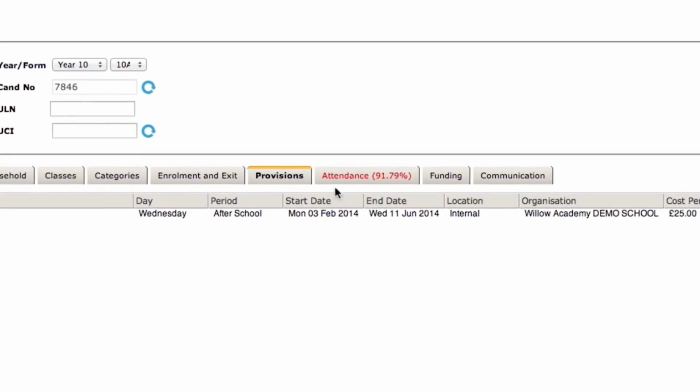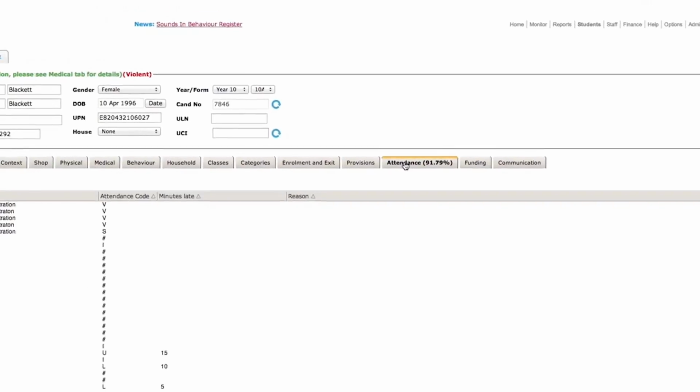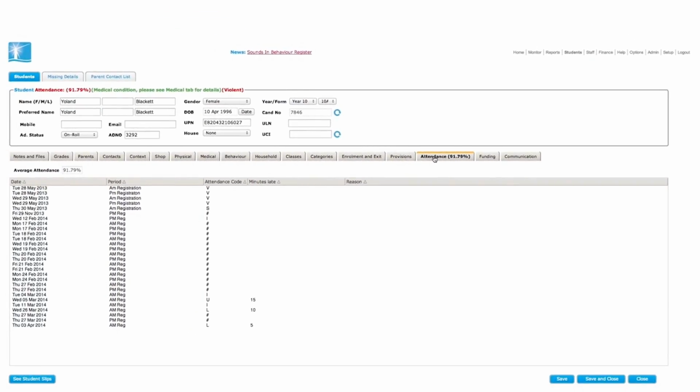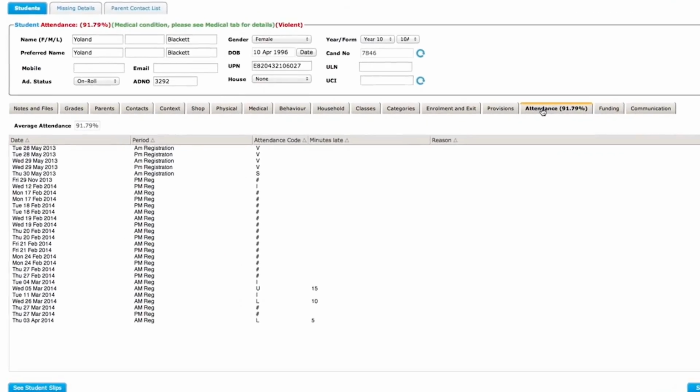In the next tab, we see a list of attendance data. Anytime a student is registered with an attendance status other than a present or authorised absence, the registration is logged here. Looking at this student's record, we can